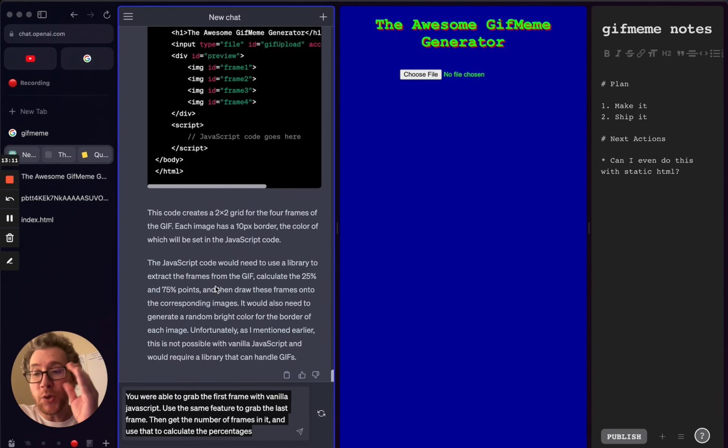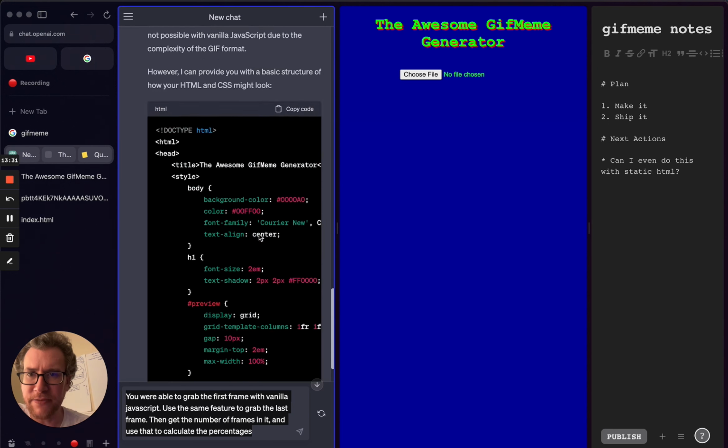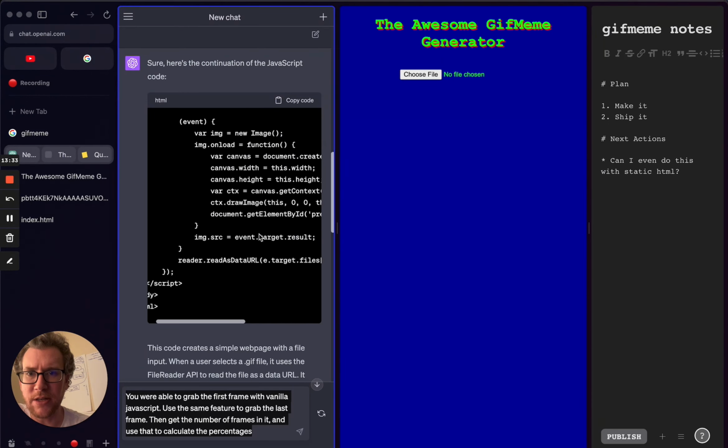Okay, so it told me that this is not possible, that I have to use another library to do it. But I am going to argue with it for a second. It does feel a little counterintuitive to argue with an AI, but I found that sometimes you argue with it and it says, oh, I'm sorry, I can do that. My theory is, I haven't seen exactly what this is doing here.